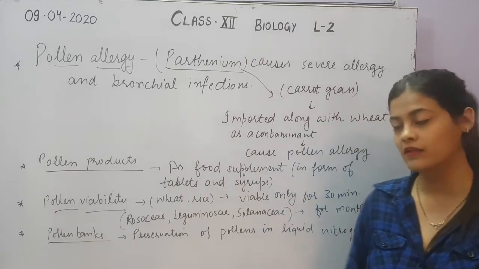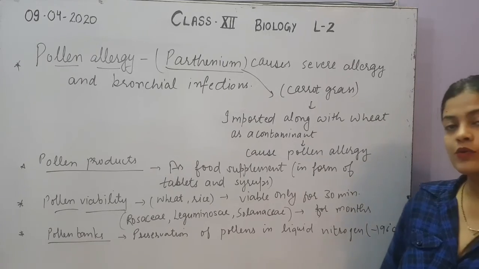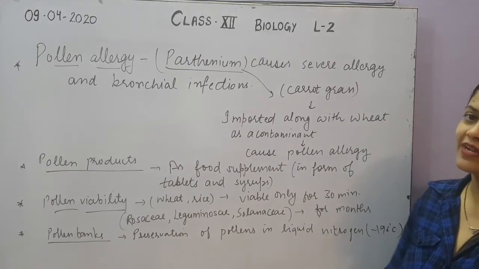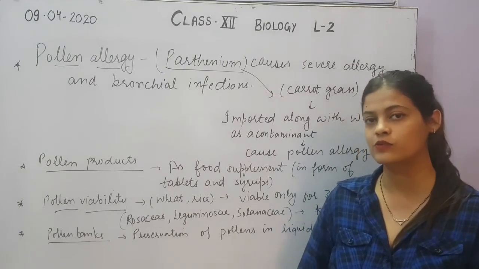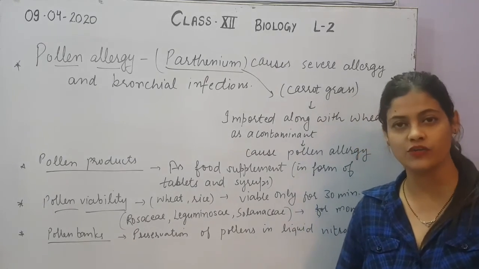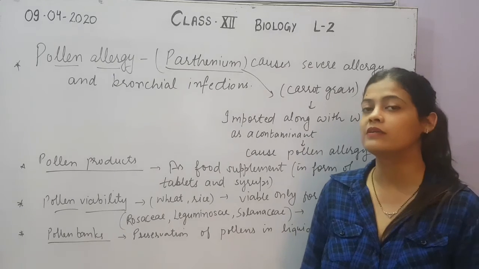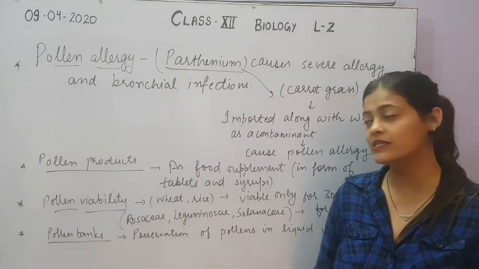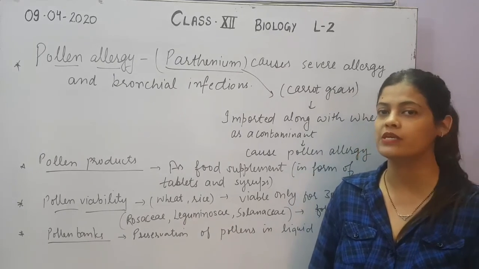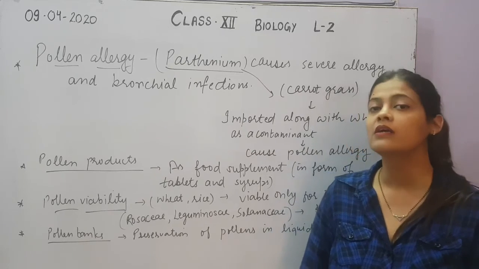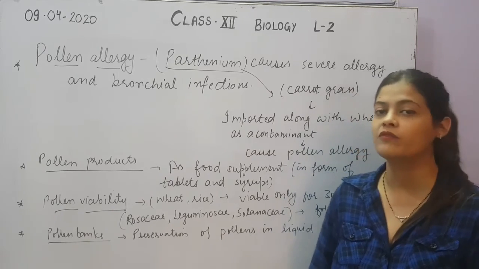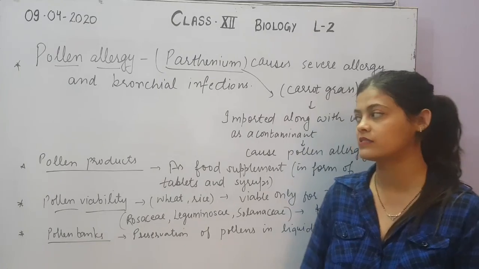are available. The liquid nitrogen, you know, has a temperature of minus 196 degrees Celsius. So it prevents pollen from getting destroyed. This is basically used in case of the pollen grains which have a viability of 1000 years. Later on, these can be used in breeding programs for modification or for developing new varieties of plants.